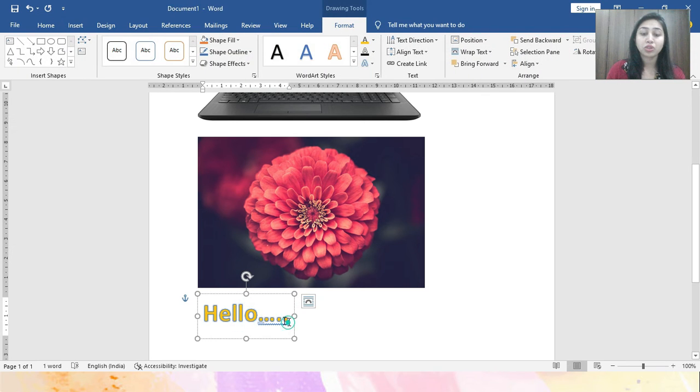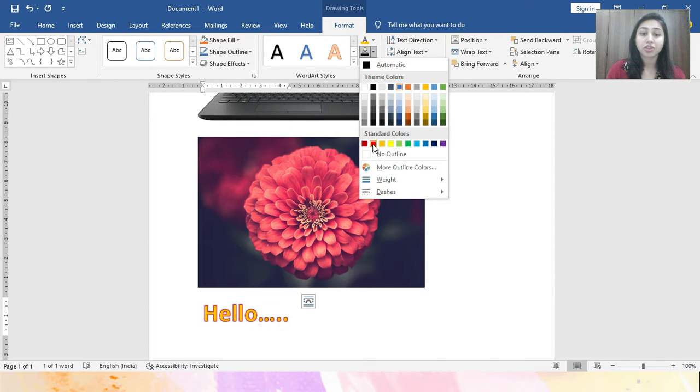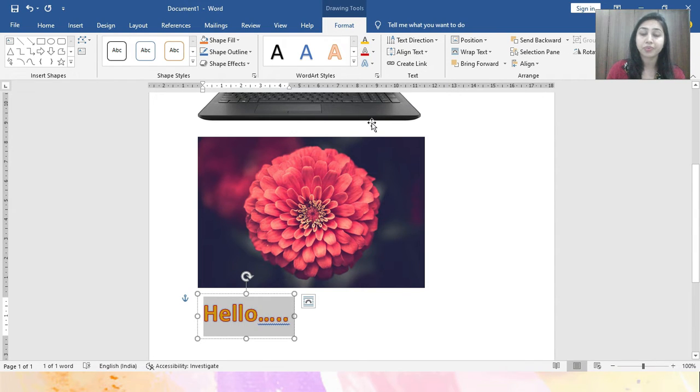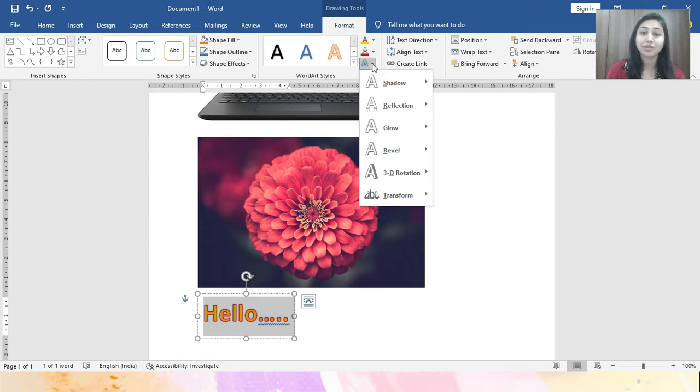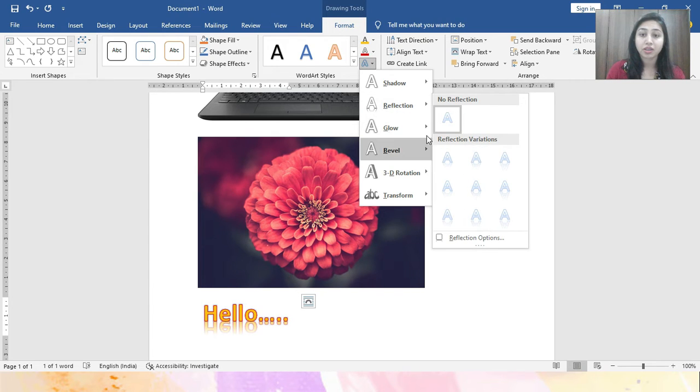Now if you want to change the outline of the text, use this second option. Like for example, you want to make a red outline text, so select the red color, right? And using the text effect, you can give different types of effects to your text. Shadow effects, reflections effects, right?